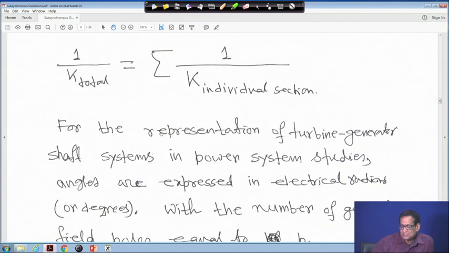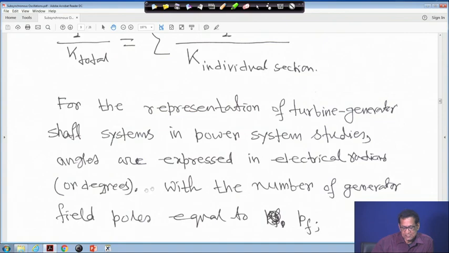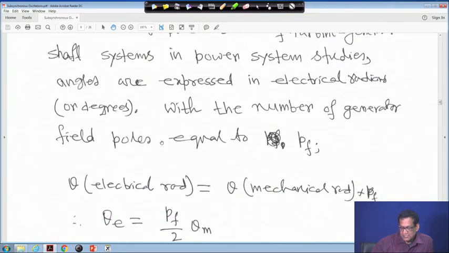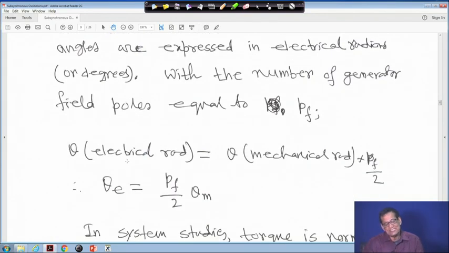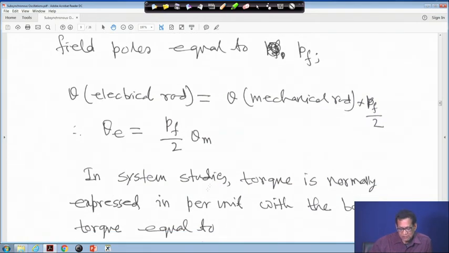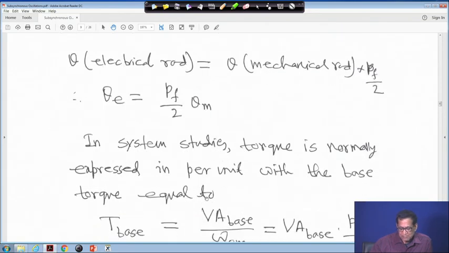For the representation of the turbine generator shaft system in power system studies, angles are expressed in electrical radians or degrees, with the number of generator field poles equal to Pf. We know this general relationship: theta electrical is equal to theta mechanical into P by 2. So, theta electrical in radian is equal to theta mechanical into Pf by 2, where Pf is the number of field poles. In system studies, torque is normally expressed in per unit with the base torque equal to